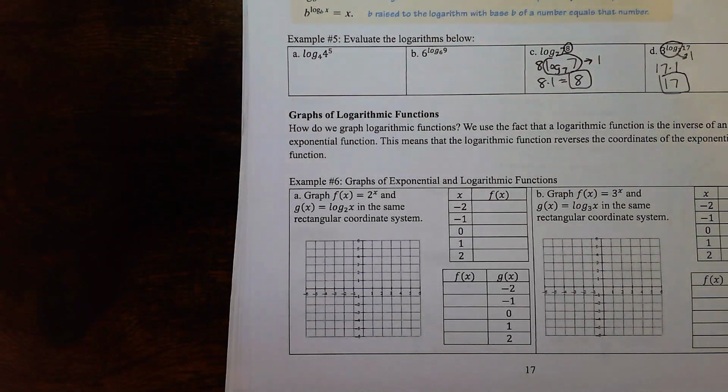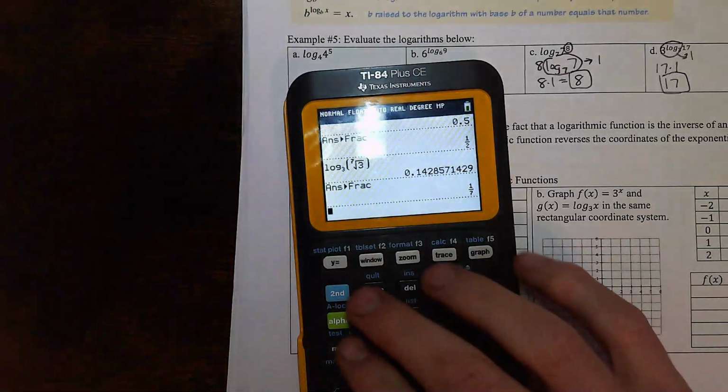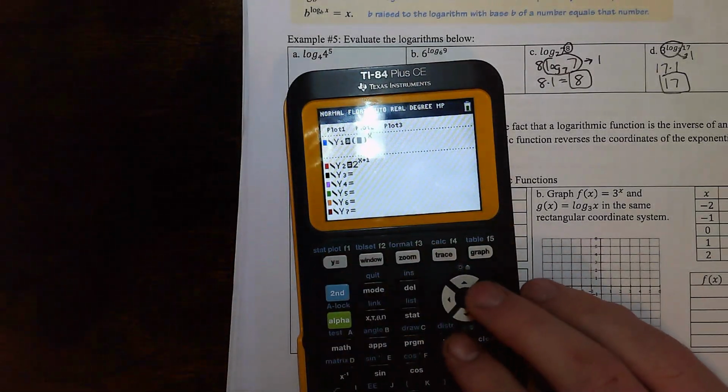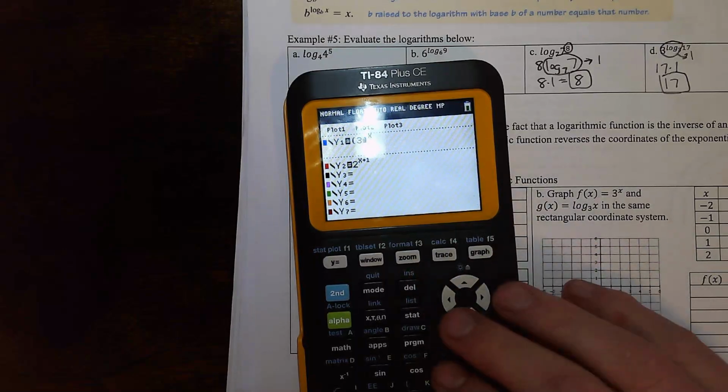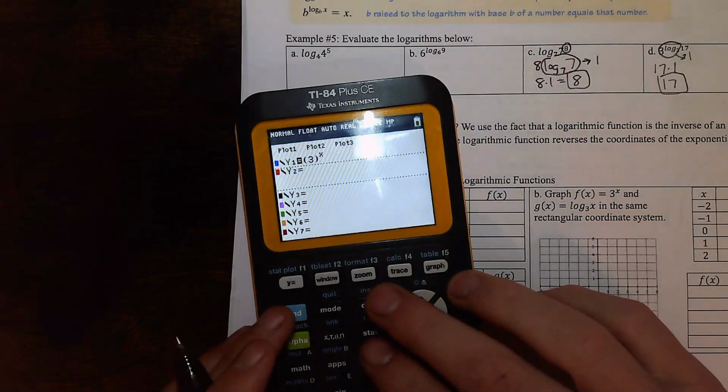Now, how do we graph exponential and logarithmic functions? I'm going to show you how to graph this using a table. So how do I graph it using a table? I could do f of x equals 3 to the power of x, y equals, and I'm going to do this table,